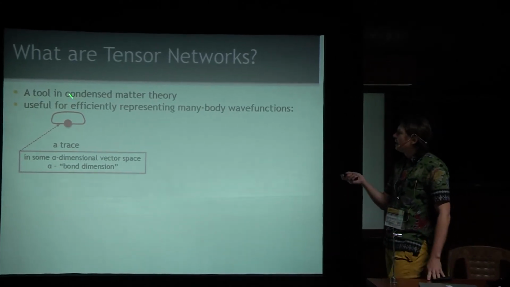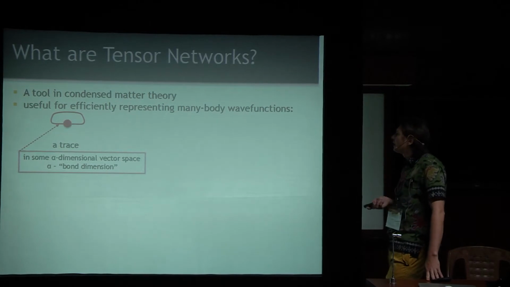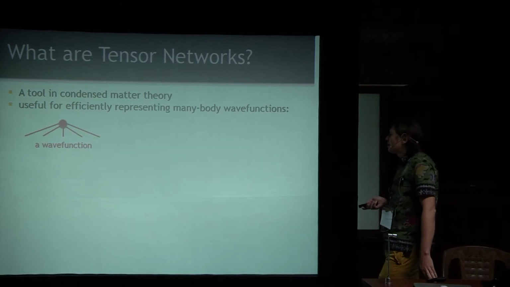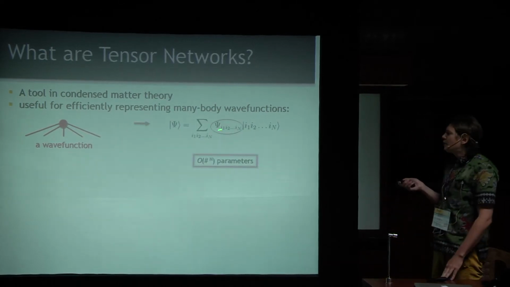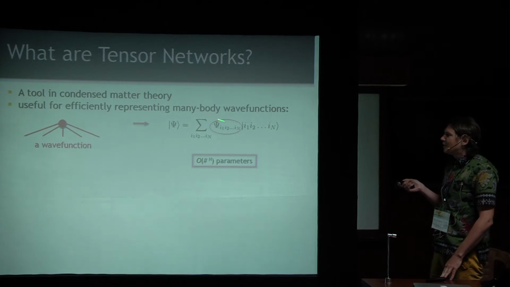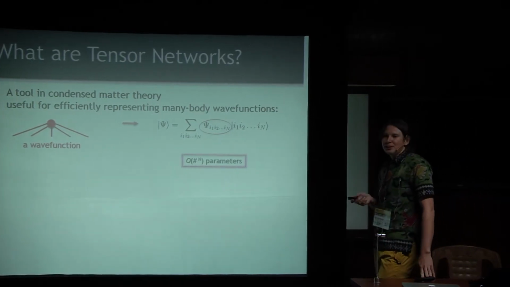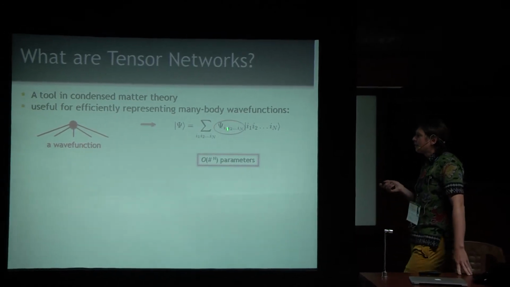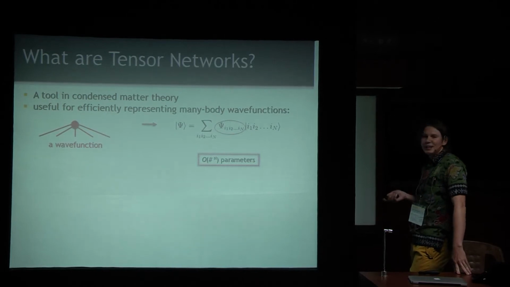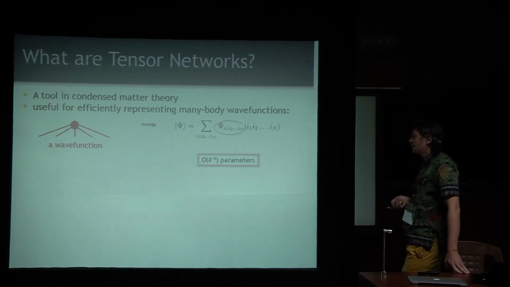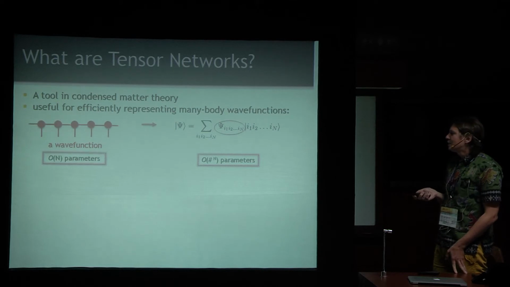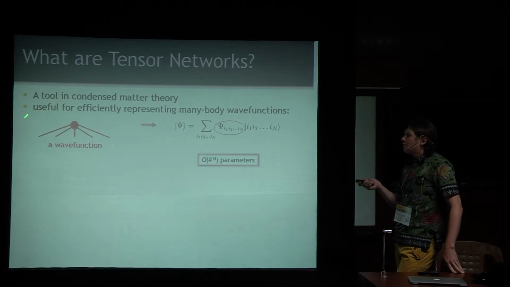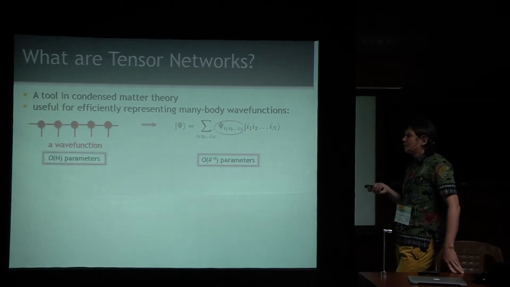And now we're ready to make contact with the statement I made over here about many-body wave functions. This is a wave function. Why is this a wave function? Because when I actually write down the wave function on an n-body system in components, then the tensor of components is a tensor with n indices, and hence this structure over here. Of course, this wave function has exponentially many parameters in n, where n is the number of subsystems of this composite system. So we can use tensor networks to simplify our life by giving this now amorphous tensor some additional